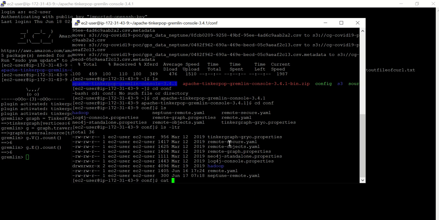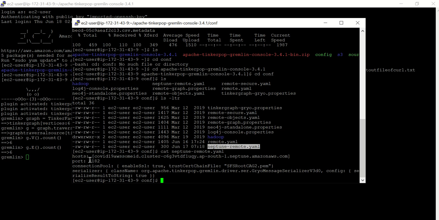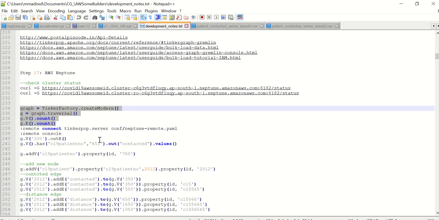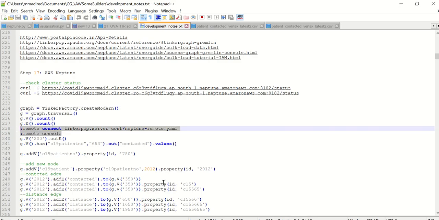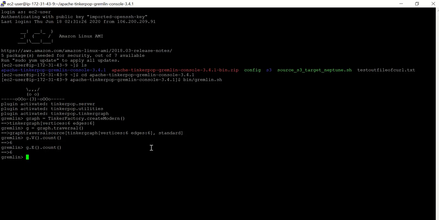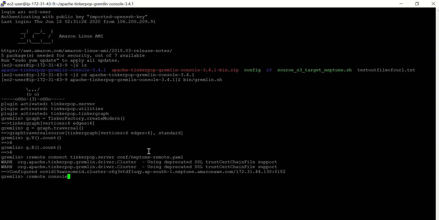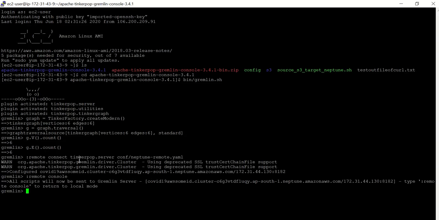So here we have created a remote connection file. Here we have configured our cluster and the Gremlin server information, right? So this will allow us to connect to the server remotely. So now I'm going to run these two commands. It will connect to the remote console.